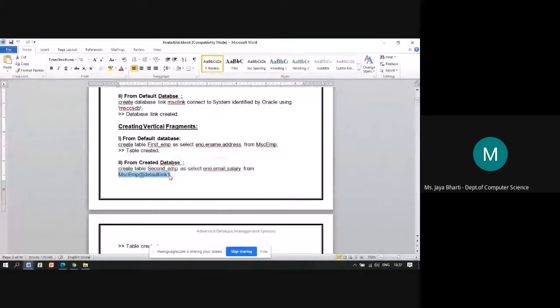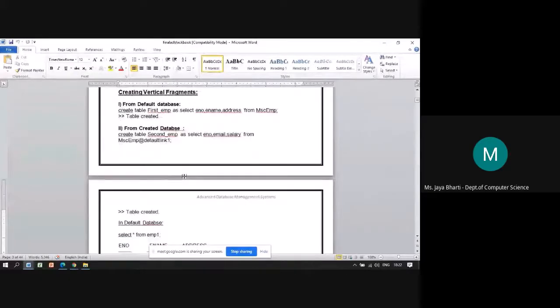So if the @ is not working, try out with the $ sign. Okay, so first the database name or the table name comes, that is EMP, then @ and then you are supposed to pass the name of the link which you have given earlier. That is the default link one here. So using @ you can access the created database. So here we created one fragment, vertical fragment on the default database and the created database.